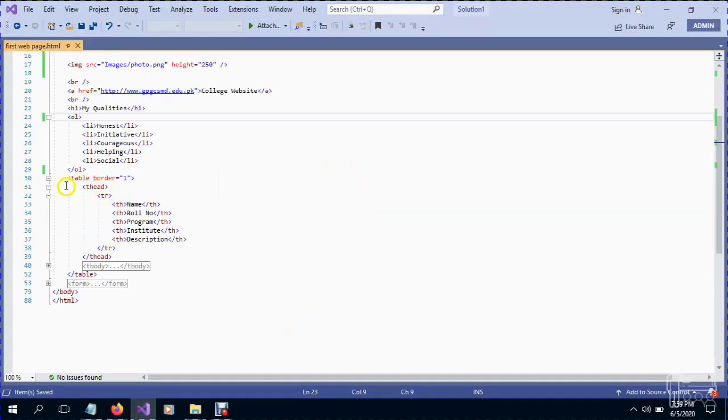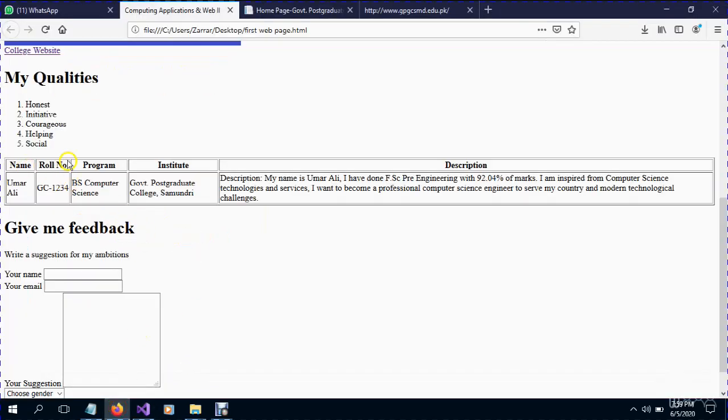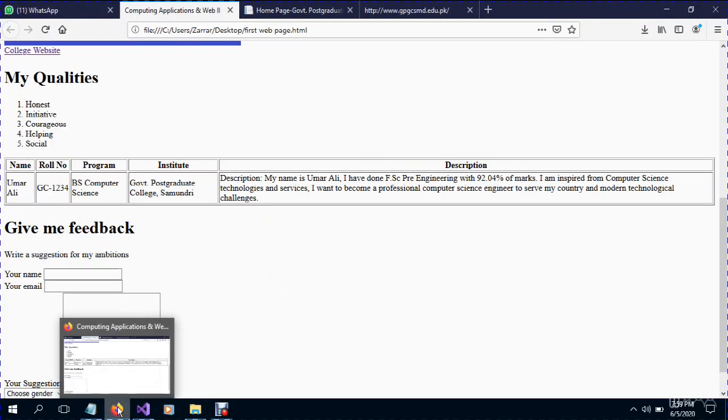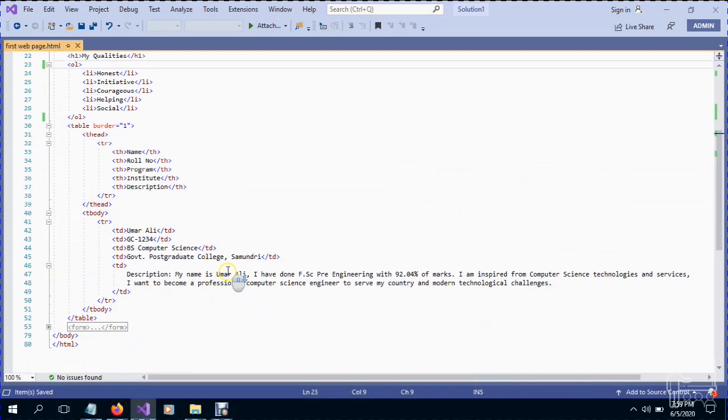So these headings come under the element THEAD. THEAD represents the table header, and over here you have a table row, a single complete row, that is represented by TR, and then you have table header, table header, table header, table header. You have 5 table headers, as you can count: 1, 2, 3, 4 and 5. Next we are going to start the table body, and in the table body we have a single row, that is TR, table row, and in the table row we have different table data items. This is table data, table data, table data, and so on and so forth.